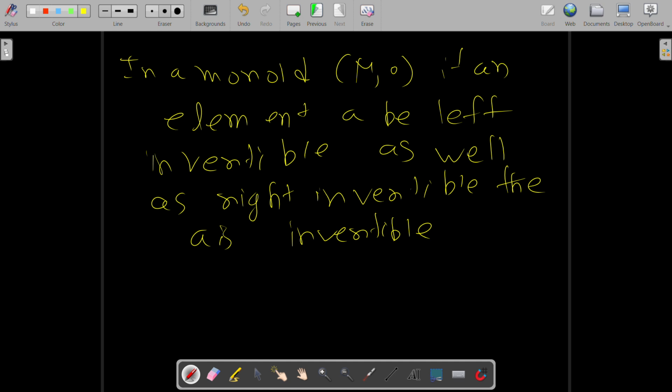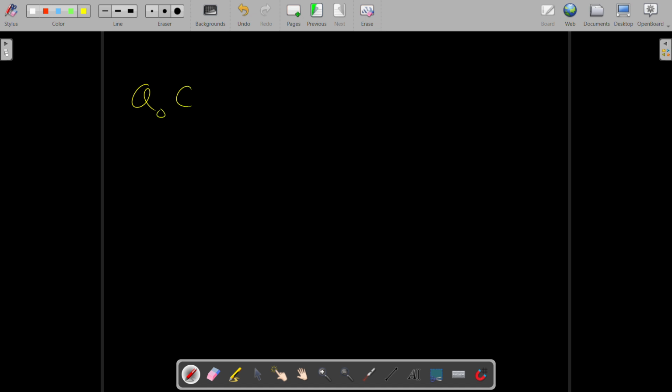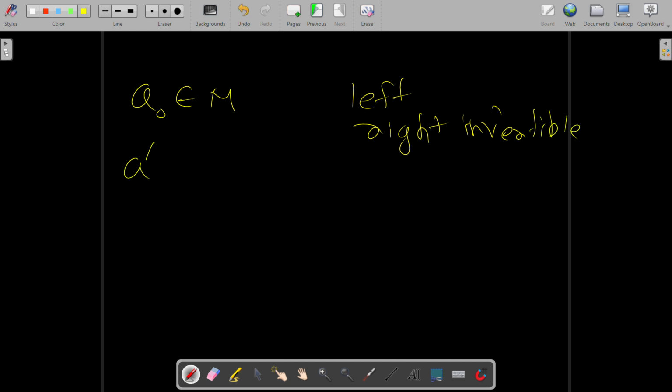So what is given? M not is first of all a monoid, so there exists an identity element E belongs to M, for which, for all A belongs to M, A not E is equal to E not A is equal to A. Again we are given some element A not, say belongs to M, which is both left and right invertible. So there exists an element A not dash such that, since A is left invertible, A not dash dot A not is equal to E, and A is right invertible, so there exists an element A not double dash such that